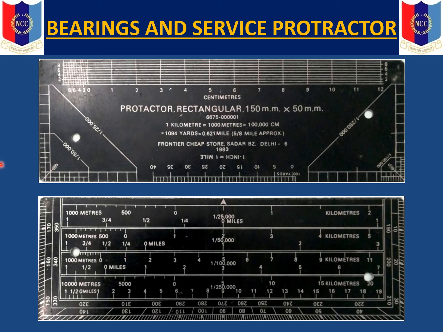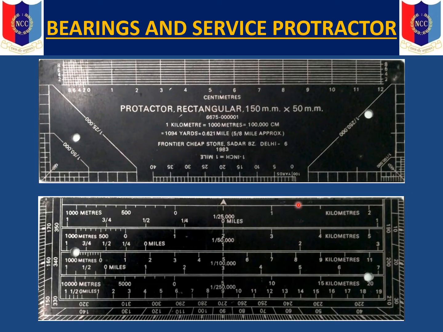The protractor also shows on both its sides or faces a number of more common map scales. In this face of the service protractor, you can see an arrow here at the center. So when you are drawing a bearing on the map of an object on the ground using your magnetic compass,